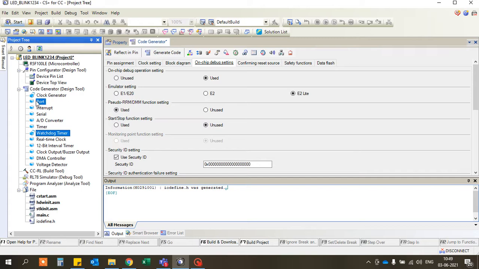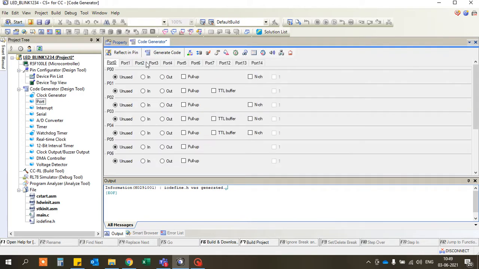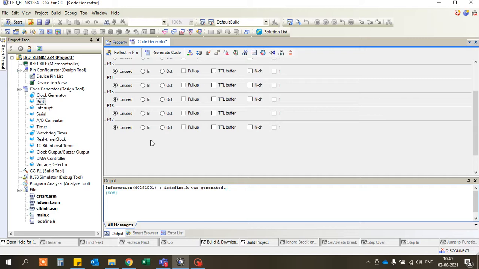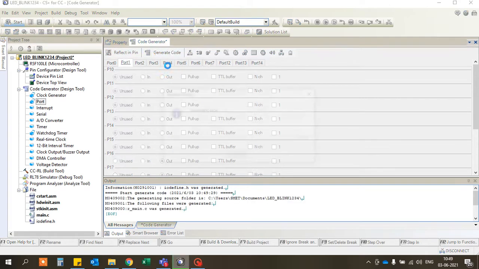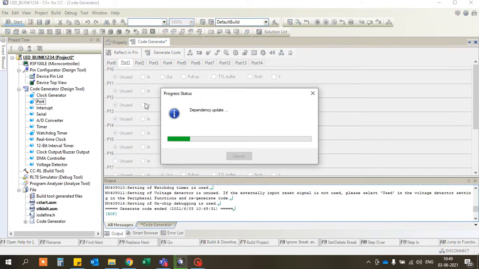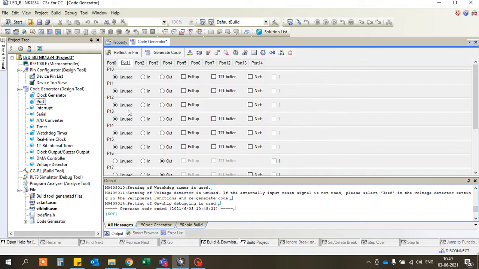Then you have to create a port. I am creating 16 and 17. Okay, then generate the code. I'm not going deeply into that much. We just have to create one application for the LED blinking.